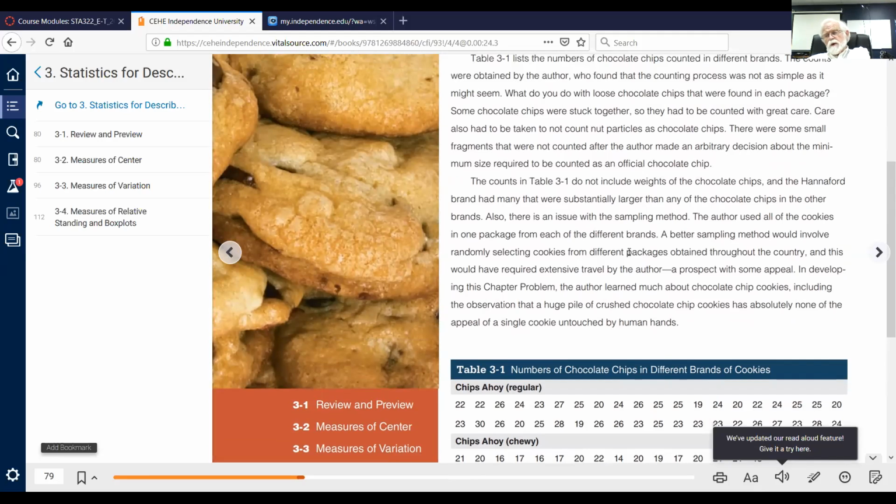If you were really doing this for purposes of QA, which is the reason you'd want to do this, then what you would find is that you would want to sample from